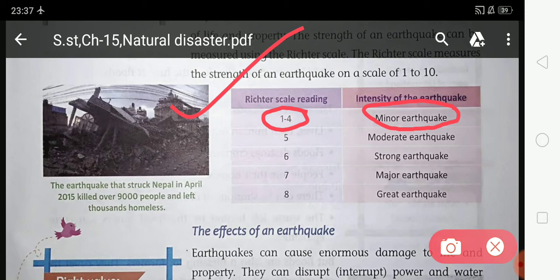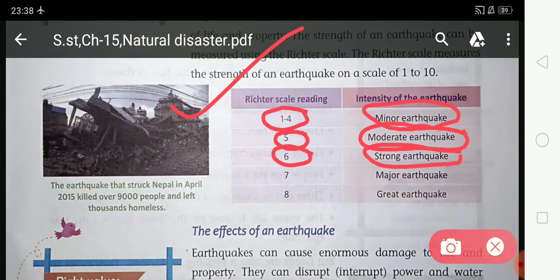And when the Richter scale measures an earthquake of 5, then the intensity of the earthquake is moderate, neither too high nor too low. When the Richter scale measures the earthquake as 6, then it is a strong earthquake.